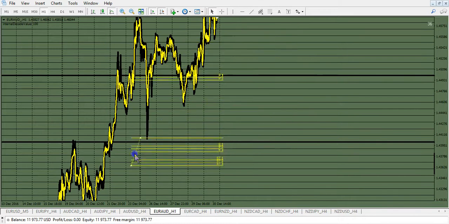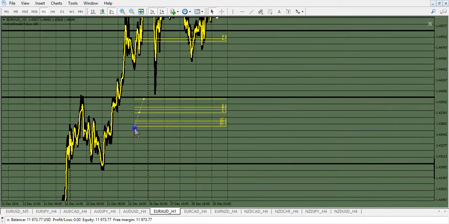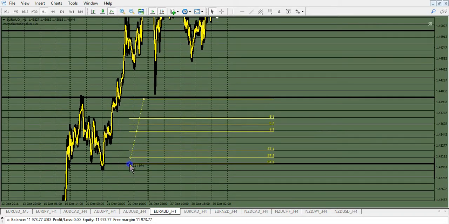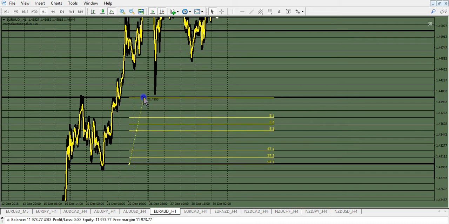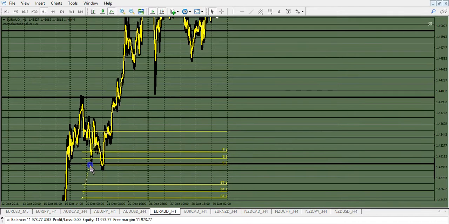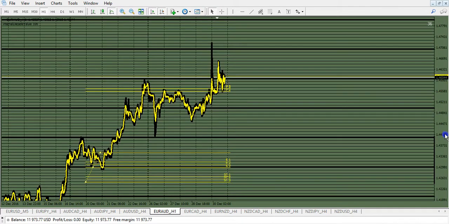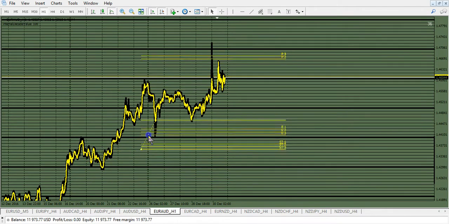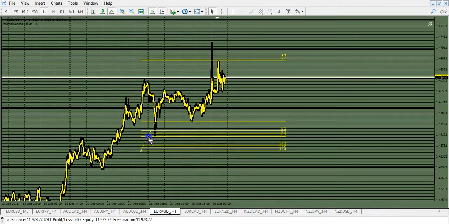In the 250 pip, it looks like this. I mean, with the 50 pip stop, it looks like this. You're going to buy a 20 pip range. And did you hit your targets? Yeah. So you have to wait a long time for that trade to pay out. Here, you made it. You made that money. If you waited here,